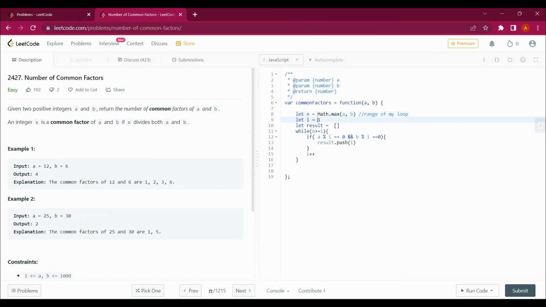So i is equal to 1, and I have increased the value in each iteration by 1, and then I have checked if a mod i is equal to 0, meaning a is divisible by i, and also b is divisible by that same number i, then push that value into my result array. So now I just return